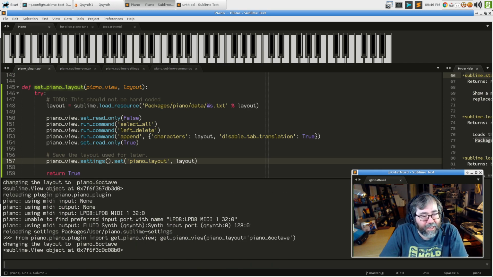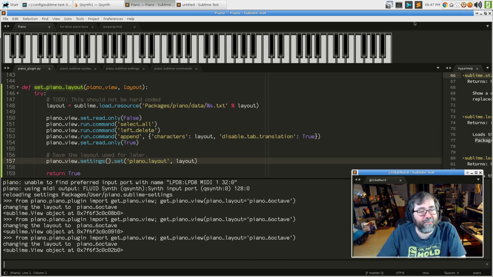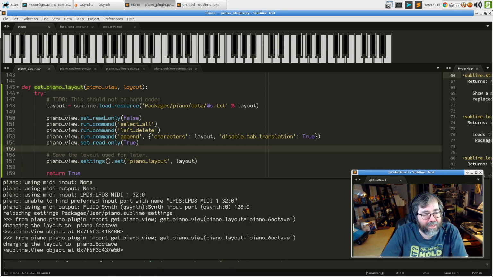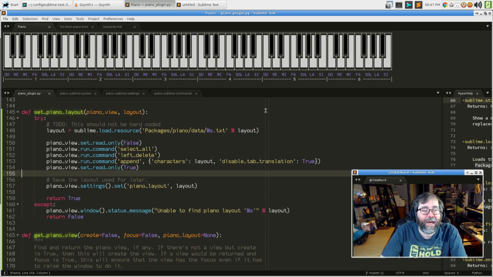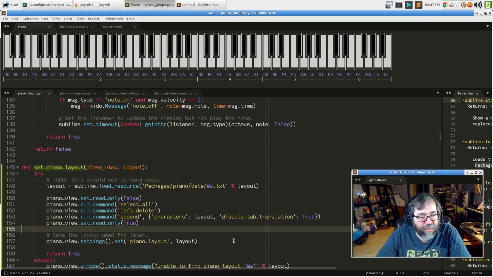Okay. It is changing the layout to piano 6 octave, but it actually already was. So if I do it again, why is it still not working? Why? What am I missing? I think the Adoy thing still counts, but nevertheless. We got a layout. If the piano view's setting for piano layout is not equal to that one, then we need to change it to that one. Otherwise, the layout's already that. So we call this,